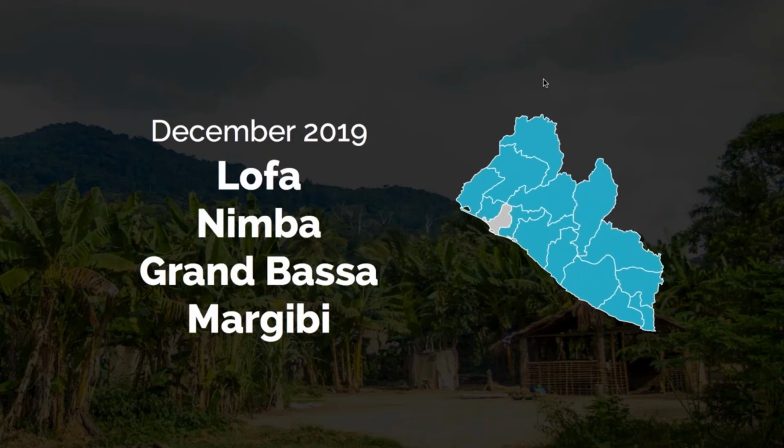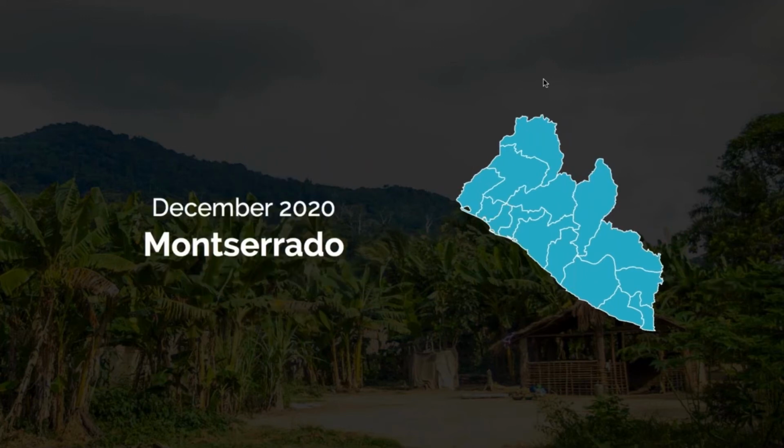The last year, we're going to hit some of those counties on the backside of Liberia, away from the coast, that kind of butt up to Guinea and Sierra Leone. And so you'll see these counties completed. And then in 2020, the capital county, Montserrado County, will be completed.